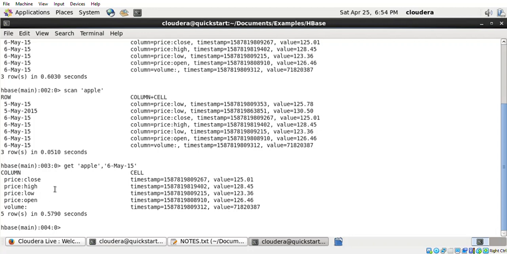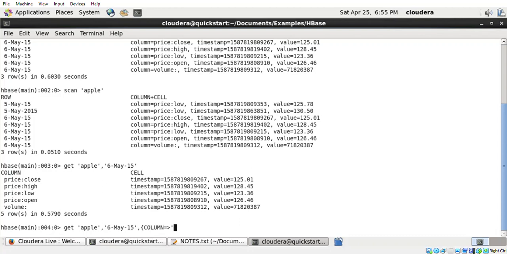Here you have to find out only the particular cell value, which means you have to again type get apple and then the attribute field, and then within brackets you have to mention that particular column value. You have to type column equal to, and then the attribute value.